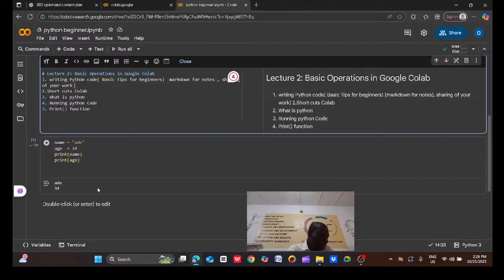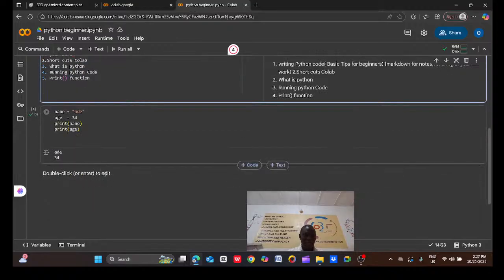For example, maybe you want to add bullets, you want to add headings, or you want to add explanation to your work. So you use what is called markdown. Let's go and execute an example of markdown.